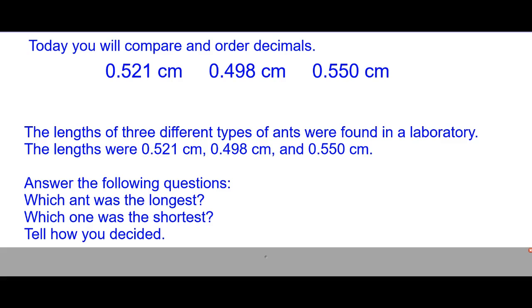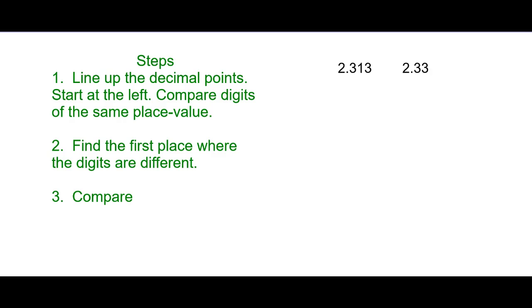I have this problem here about ants, but we'll come back to it in just a second. So the thing I want to show you that's different than what the other videos showed you is kind of my strategy. I call it the foolproof way to make sure that you're double checking everything, instead of having your eyes go back and forth, left and right, checking everything. There's a way to get yourselves organized a little bit here. So I'm going to be using these numbers over here to the right, 2 and 313 thousandths and 2 and 33 hundredths. So here's the process that I've been using for a while that seems to work really, really well